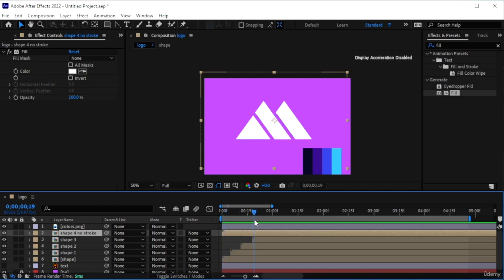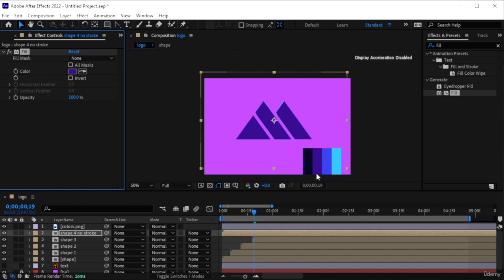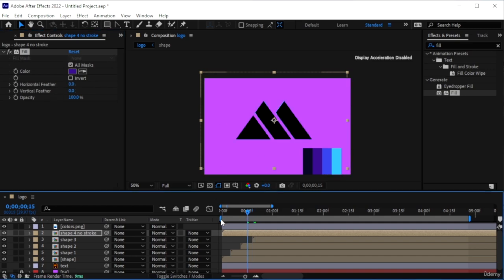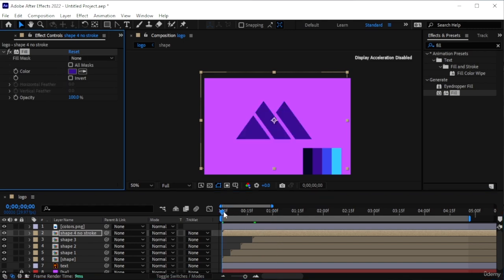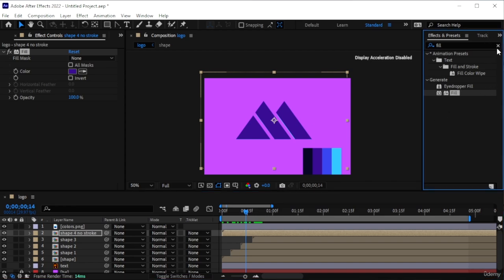Now we're going to change the fill into any color you want. So grab this guy again. Let's go for this purple or a dark blue, can't really tell. And just select all mask. There we are. Actually, let's not do that. So we just have this guy. You can still see the stroke in the background. Alright, so we're going to just change the fill color like we did, and we're going to add another effect